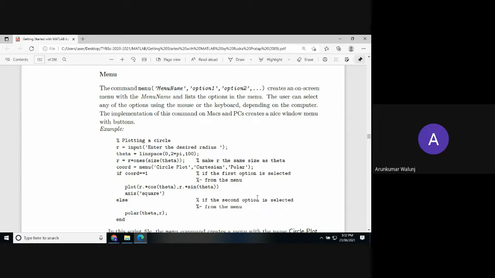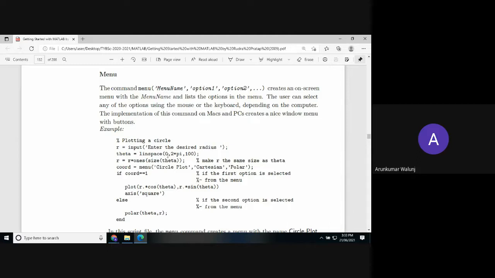Therefore the parametric equation is in terms of sine and cosine of theta, which is perhaps what you call the azimuth angle. In terms of theta, we will linearly specify 100 points, so linspace from 0 to 2 pi. 2 pi means 360, so we are completing the circle from angle 0 with the x-axis to 360.